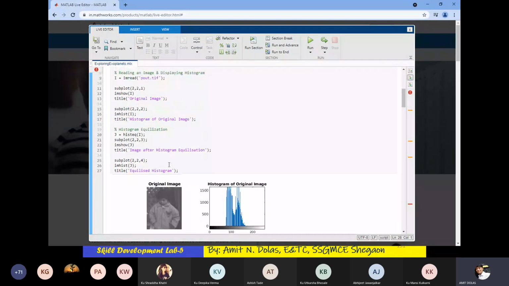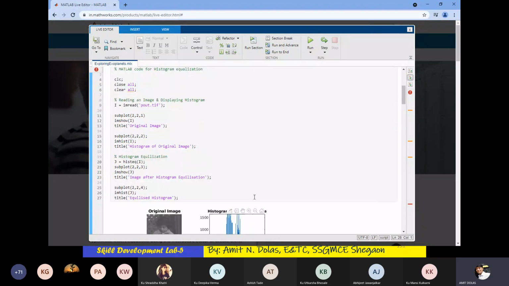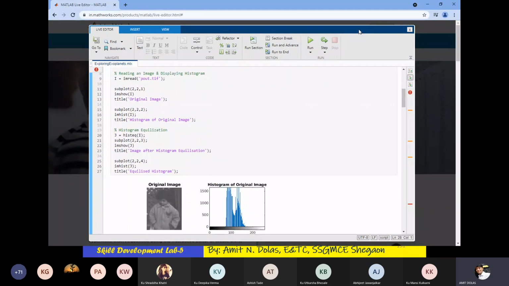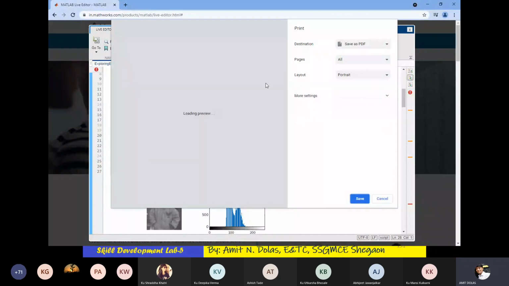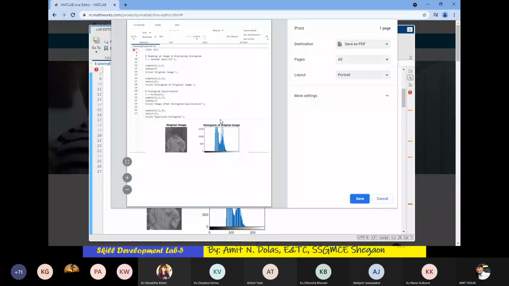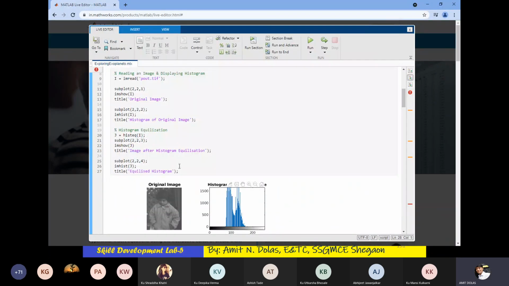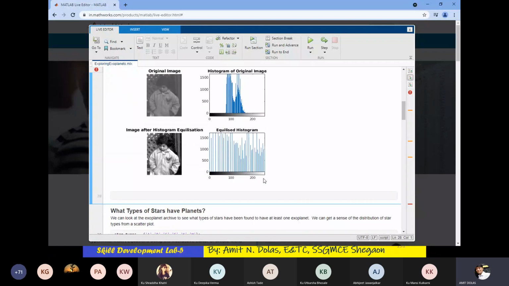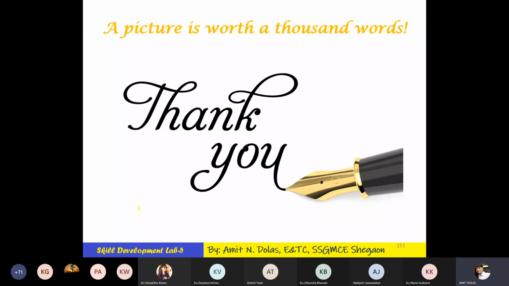So all of you try this code. I'll be sending PPTs on Teams. Type it, try it, and take a printout, not a hard copy, but a soft copy. Take a printout of this live editor with Control P. If I press Control P, I'll get the printout. No need to change the settings. Try to cover the complete script as well as the output. This one. So if you don't have any questions, thank you.